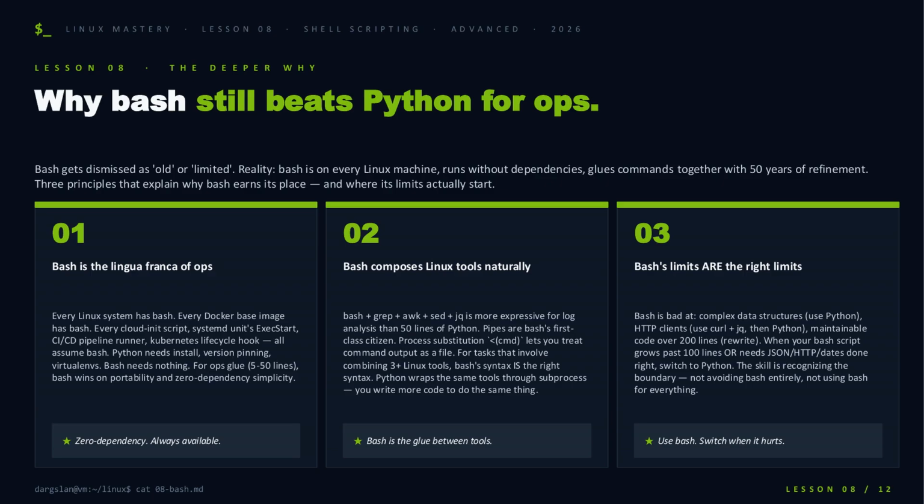Second, bash composes Linux tools natively. grep, awk, cut, jq through pipes is genuinely more expressive than wrapping the same tools in subprocess calls. And third, bash's limits are honest signals. Past 100 lines, or when you need real JSON or HTTP, that's Python's job. The skill isn't avoiding bash. It's knowing exactly when to leave.